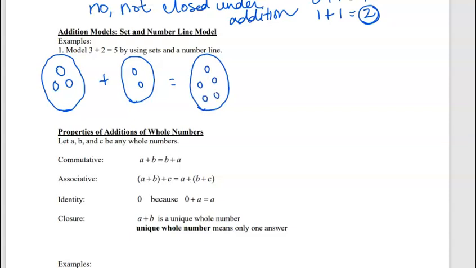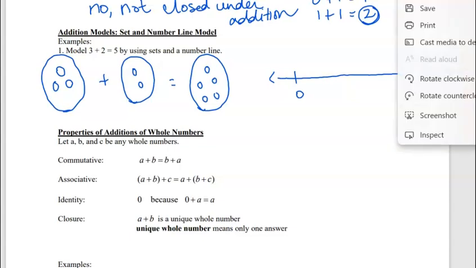And this is where we can use those concrete tools to have the students have 3 of something, add 2 of the same thing to it to get 5 objects total. Now when we go to a number line to model this type of problem, our number line would start with 0. As we get into the higher grades and bring in the integers, our number line might have negative numbers on it. But at this point, we're dealing with whole numbers, so my number line is going to start with